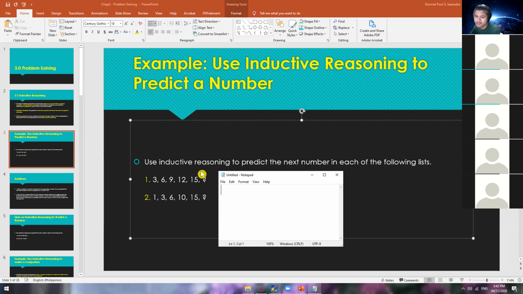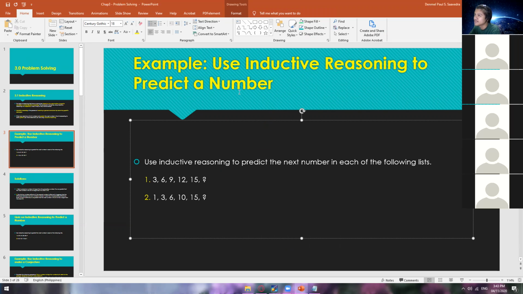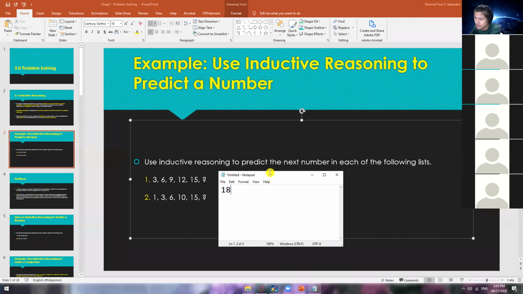Adding 3. Adding 3 coming from Mr. Batkagan. But it came from those certain examples, like 3, 6, 9, 12, 15. Those five examples, or those five patterns. Without those, you will not be able to predict what will be the next number. So you have a basis. If that's the case, then you're using inductive reasoning. So the number 1 answer is 18, by adding 3.